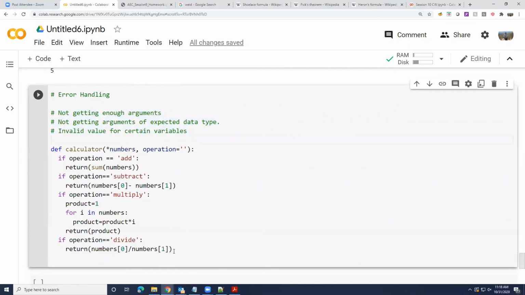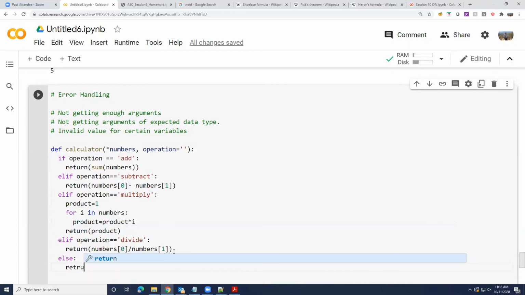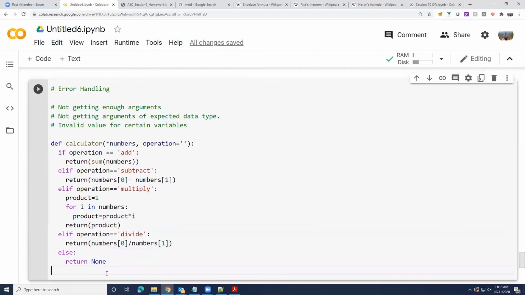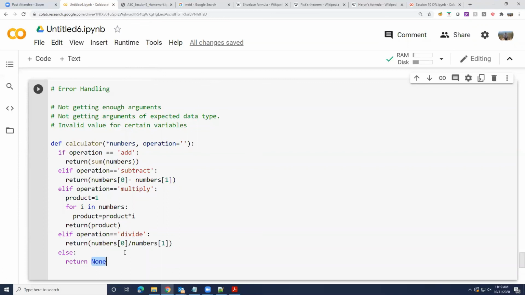Prince already had a good point. Instead of using these as all ifs, you would go with if-else-if pairs. And at the end, put an else and say return none. Right? So if it's not one of these operations, you would just return none. This will kind of solve this.